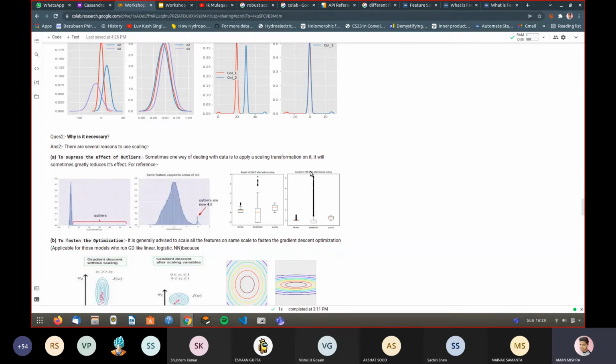Sometimes you need to deal with outliers very smartly. It's not that they will in reality represent outliers. Maybe they will represent something else. You need to dig into the data to see what that means. Is it actually an outlier or is it something else?